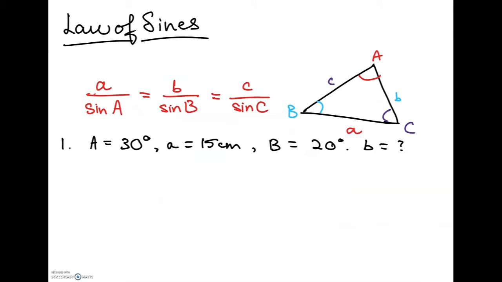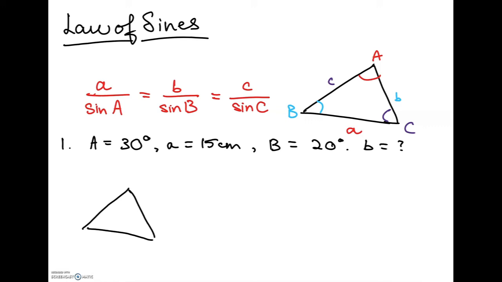Okay, so we know our formula for law of sines, which is written over here, and then we have our triangle to represent angles A, B, and C and side lengths a, b, and c. So in our question, we're given that A equals 30 degrees, side length a is 15 centimeters, B is 20 degrees, and we're asked to find the length of side b. So we're going to substitute all of these values and try to solve this. So let's draw a really quick triangle,